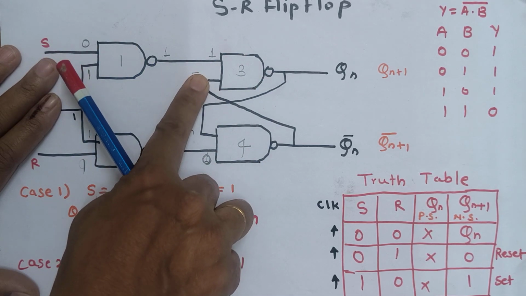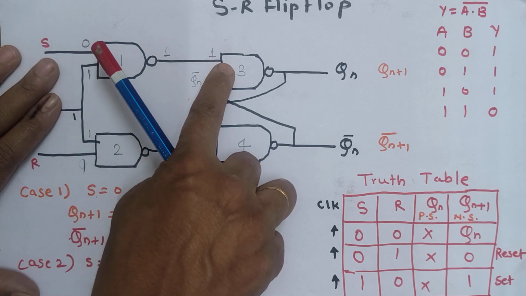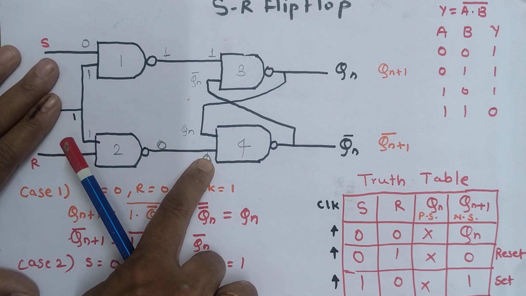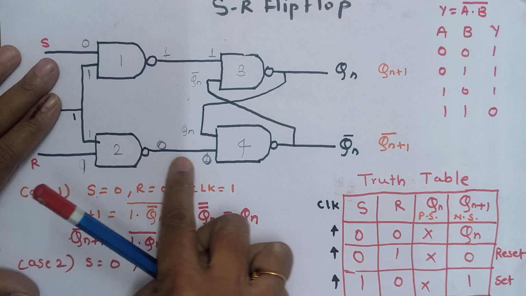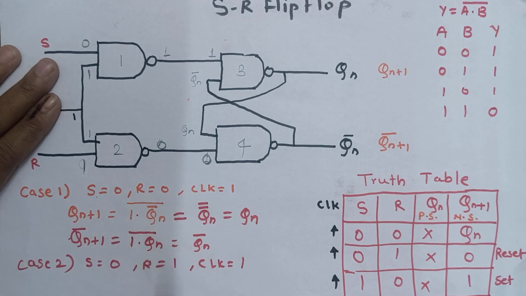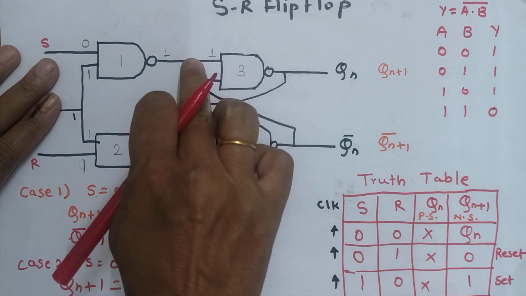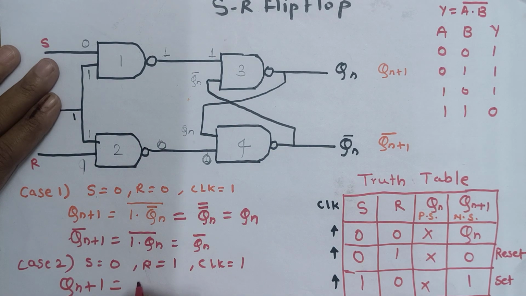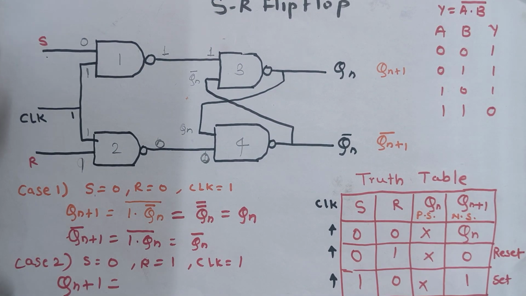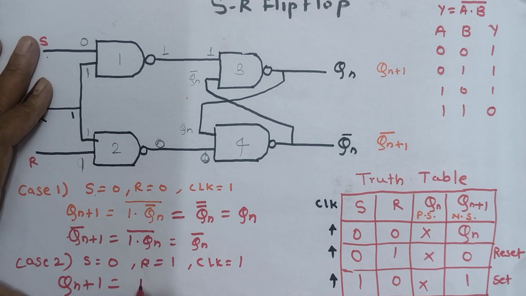And the third NAND gate's input is the output of the first NAND gate, so that is 1. Here the input is the output of the second NAND gate, which will be the input of the fourth NAND gate. So, case 2. We are going to see the condition for case 2, Qn plus 1, the next state condition. The inputs are the same again. So here we are going to see the input for Qn plus 1,